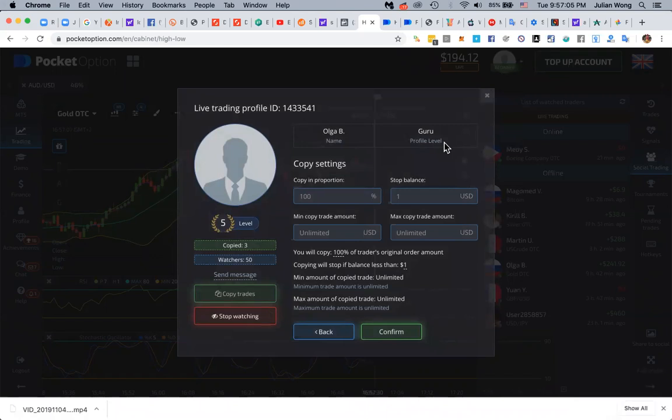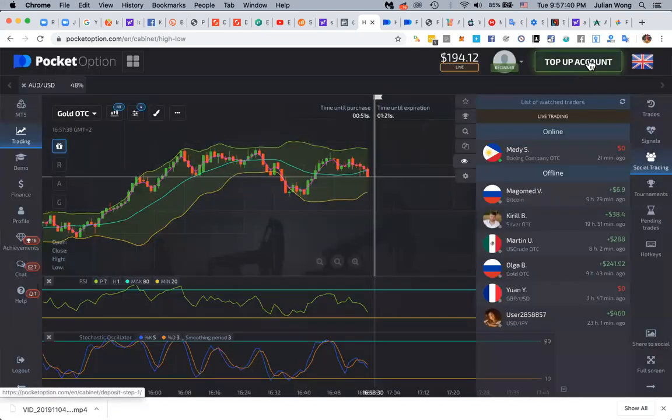For those who are depositing in cryptocurrency, I heard from some people that their Bitcoin is a bit slow. It takes half a day or 1 day to get in. But if you deposit with Ethereum, it's really fast. For me, it took like 25 minutes. So Ethereum is good. You don't have to bother about ADV Cash or whatever nonsense. There's a whole bunch. I'll go through the deposit methods right now.